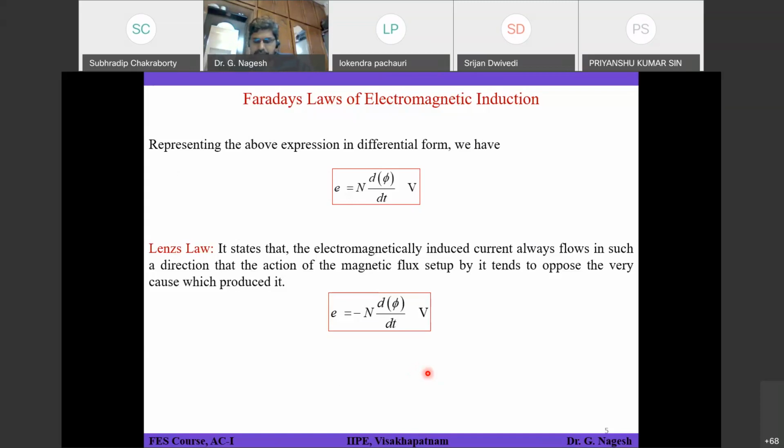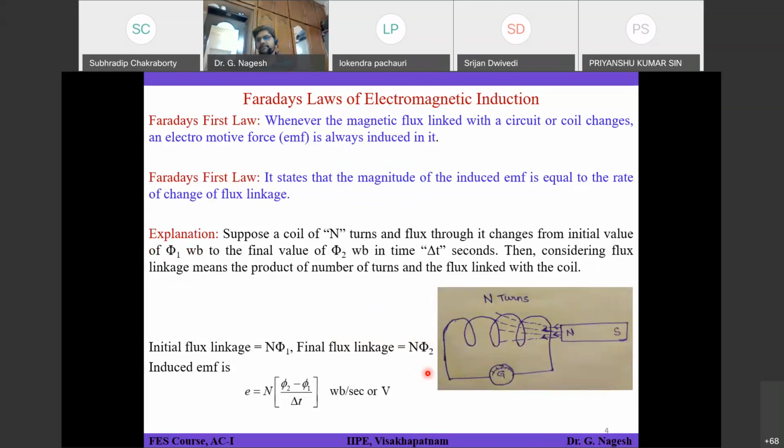What is the significance of flux? See, flux is basically related to a magnetic circuit. If you consider a bar magnet, in your childhood days you might have played with small bar magnets. It will have a north pole and south pole, and the flux always comes out of the north pole and flows through the air if nothing is connected, and it will complete its circuit through the south pole. So flux always comes out of the north pole.